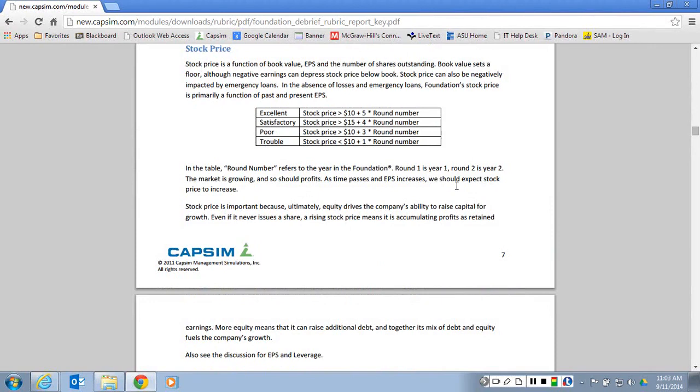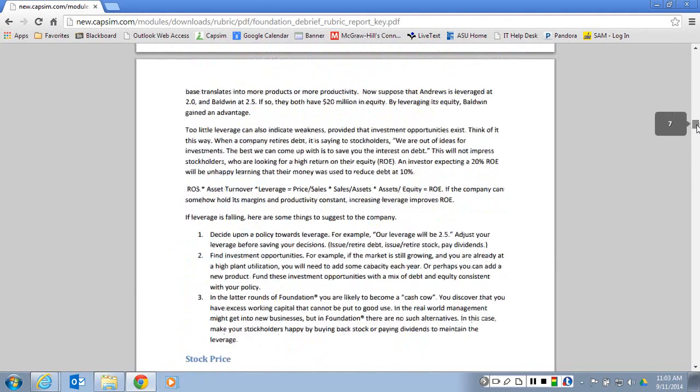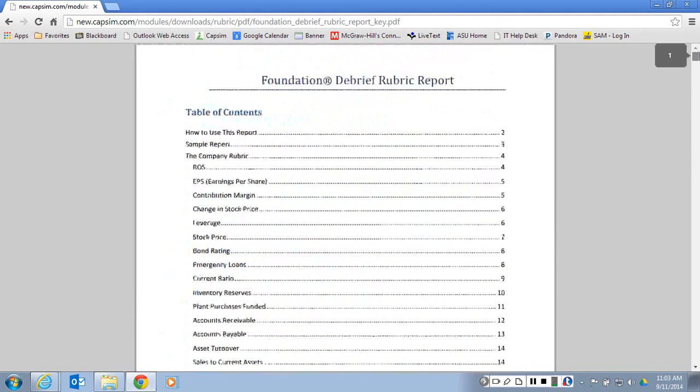Again, just like with the analyst reports, you take care of these areas, the balanced scorecard will take care of itself. You will be a good company. And so this is going to explain each one of these areas to you on what they are. Then once you kind of understand what,